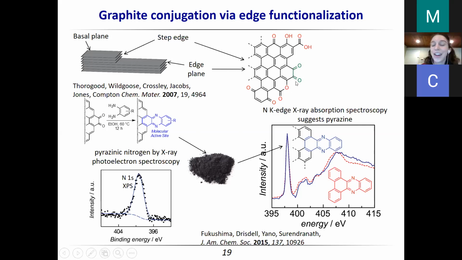Actually, one of the challenges with this method in general is that we can only functionalize at some sites on the edges, as you're pointing out, and so our overall coverage is pretty low, which does make spectroscopic studies more challenging, although you can see even the in situ study we were able to get data, so that was exciting. But the entire basal planes, we should just assume there's nothing. Does that answer your question? Yes, thank you very much.